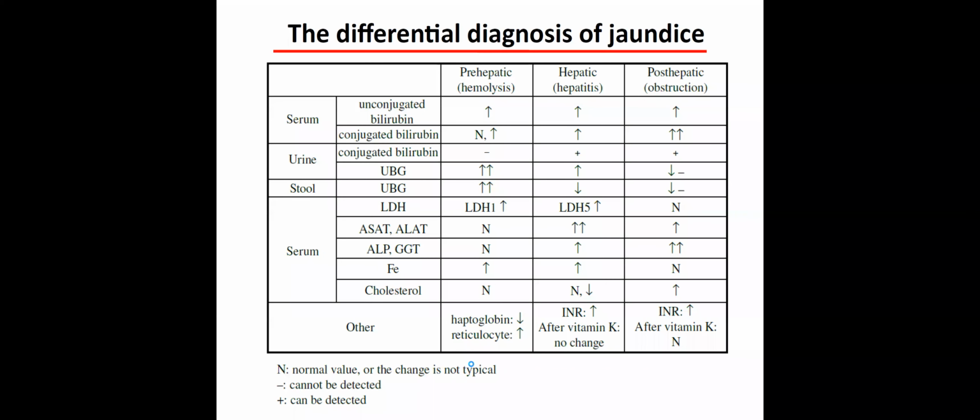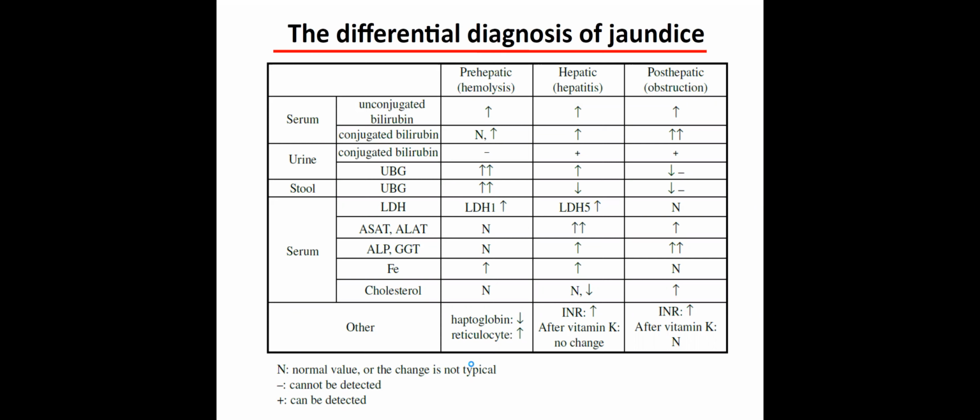In the urine, we do have the bilirubin or not. In the stool, we do have UBG, yes or no. In the serum, the enzymes that I mentioned, LDH, aspartate aminotransferase, alkaline phosphatase, gamma glutamyl transferase, or iron or cholesterol level, we already mentioned, and some others, for example, the haptoglobin, reticulocyte,